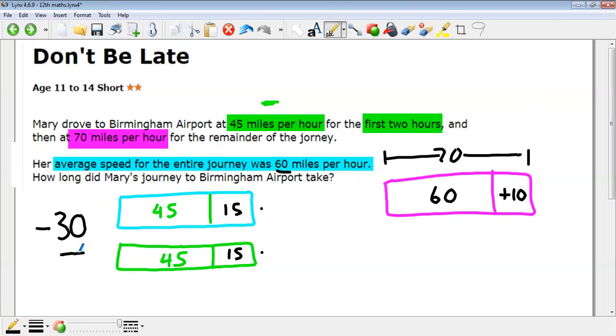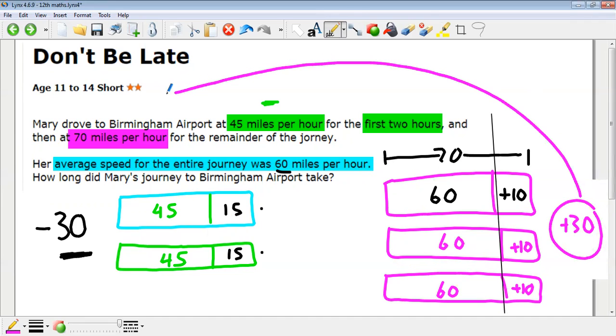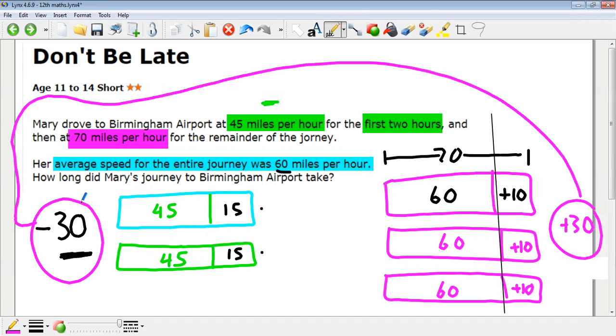So in order to even out this minus 30 here, I'm going to need one, another one, so she's actually gained another 10 here, and then another one driving at 70 miles an hour to even that out, because here she's actually gained 30. So when this plus 30 is evened out with this minus 30, she would have driven 1,